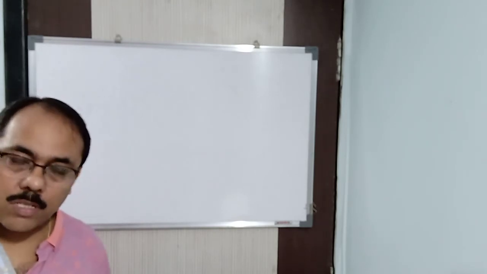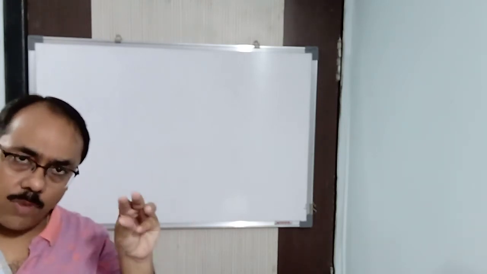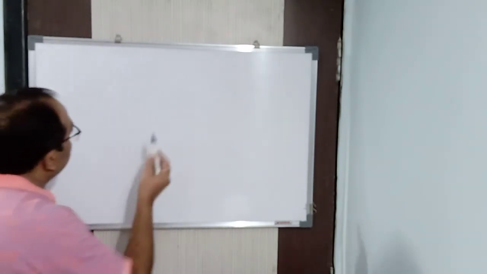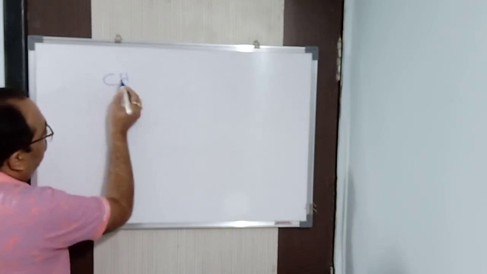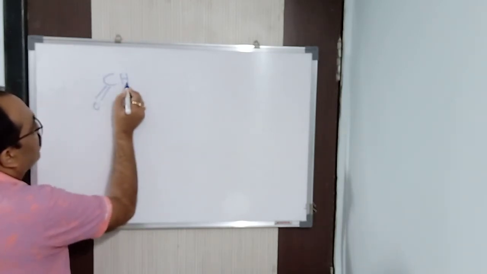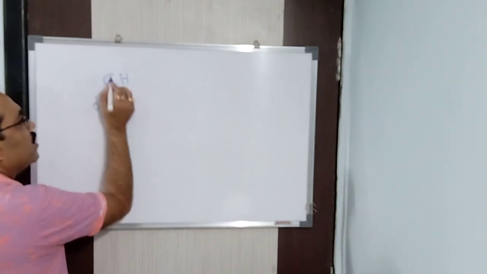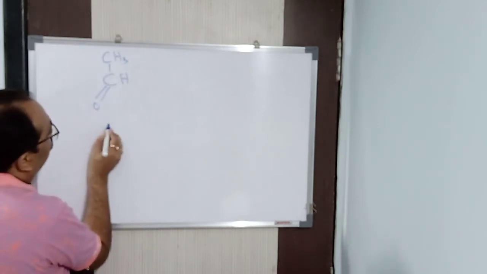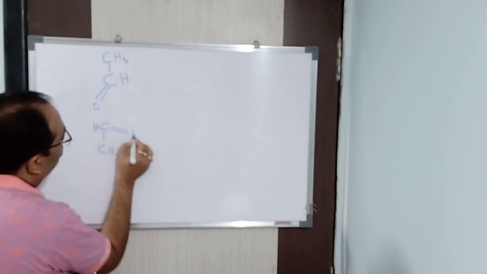Paraaldehyde. How many molecules? 3 molecules. 3 molecules of acetaldehyde, when treated with a small quantity of conc H2SO4 at room temperature, form paraaldehyde. How is it? Just like I wrote for formaldehyde, the same thing I am going to do here also. Now it is CH2O, I wrote it here in the case of formaldehyde. Now instead of CH2, one H is removed and in place of that one CH3 group comes. Same thing here, CH, one CH3 group and double bond O.